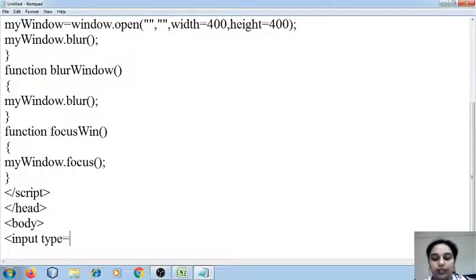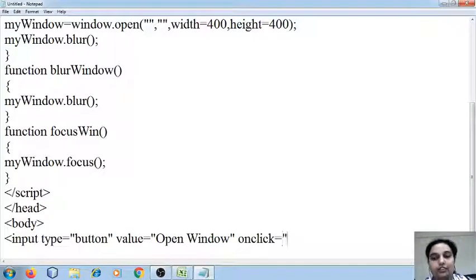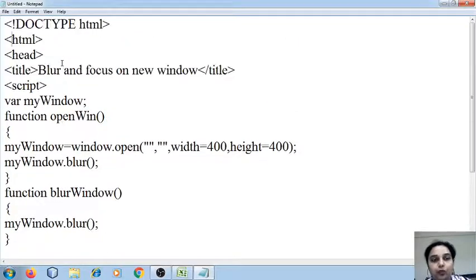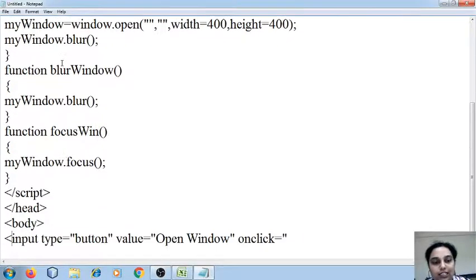So I'm going to give the input type as button. Value I'm going to give as open window. So when I want to create a new window, what should happen on click is defined within a function. Which function in the code have I written for opening a window? This one, openWin. So the same name I have to use over here on click.